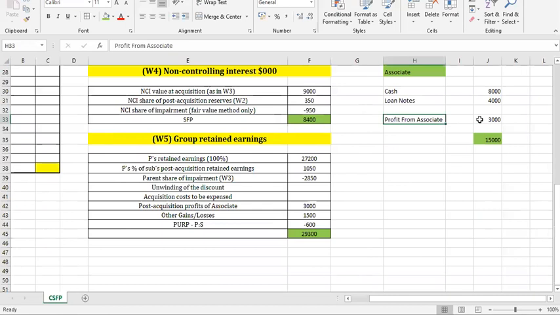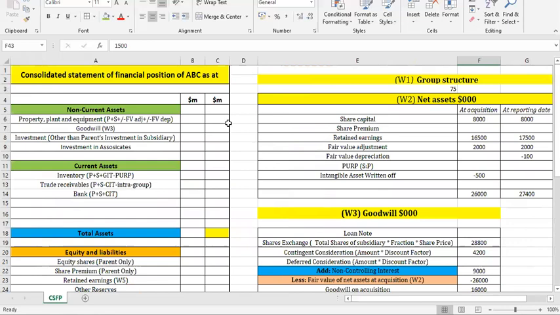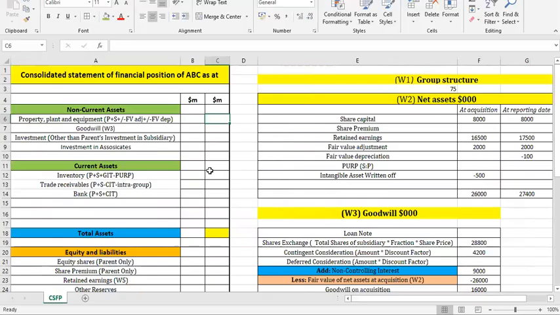We have taken the profit from associate of 6,000. We multiplied by 6 by 12, but we forgot to multiply it by the parent percentage, which was 40%. So this was 1,200, and we need to put here 1,200 instead of 3,000. It gives you 27,500. Now let's come back to the property, plant, and equipment. Okay, we have to go to the balance sheet. Okay, the balance sheet, the balance is 37,500